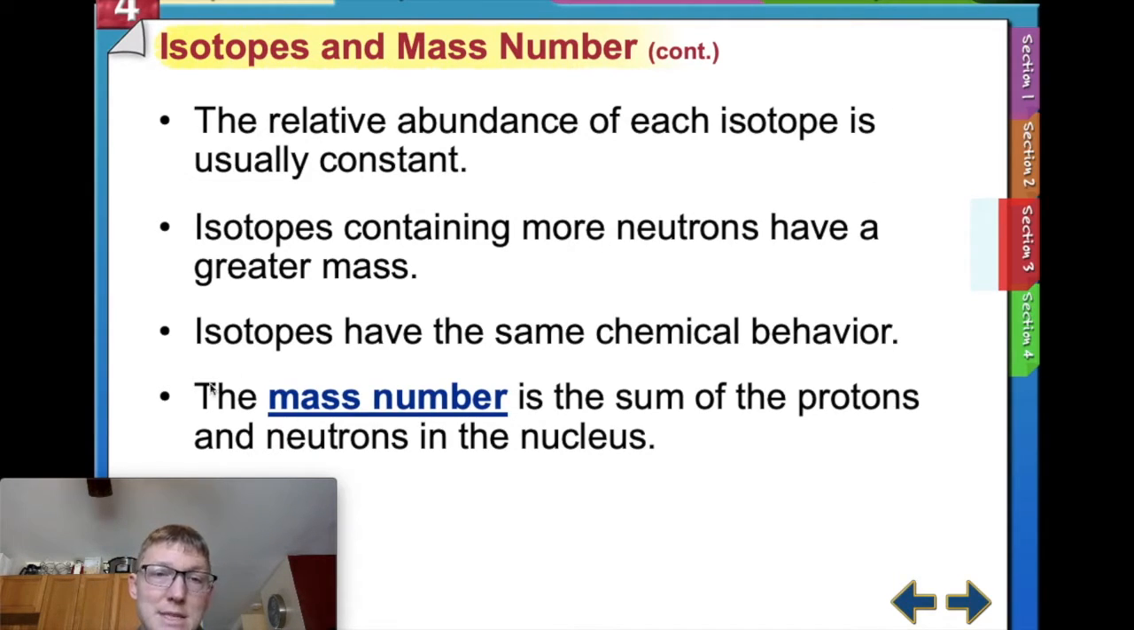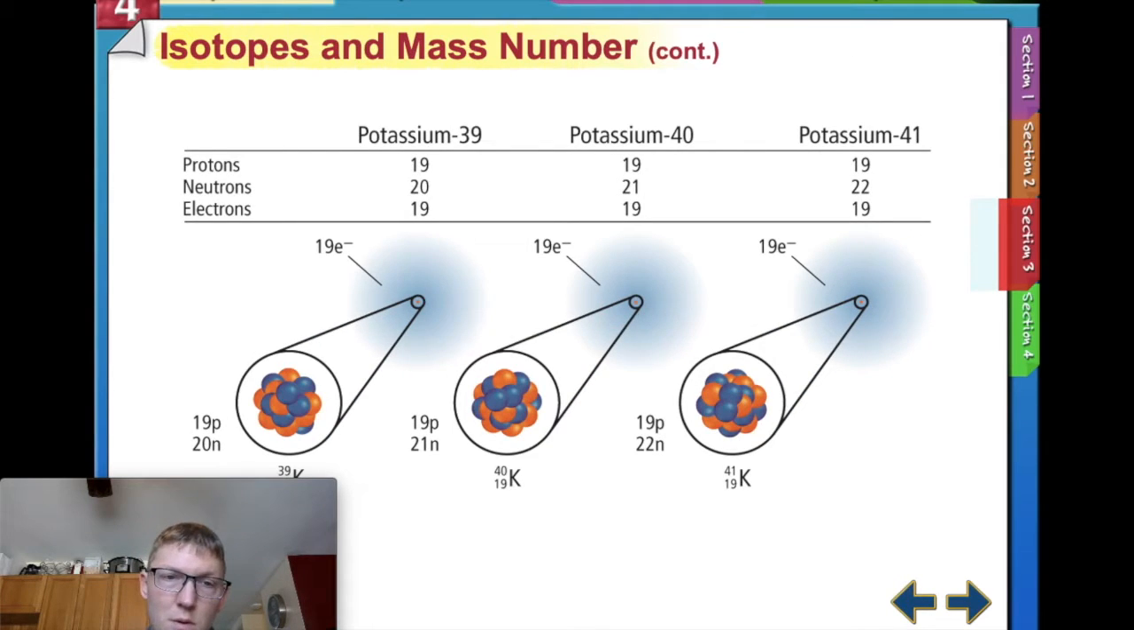So the mass number is the sum of protons and neutrons in the nucleus. This is specific to each isotope. So if you have an isotope, that isotope has a specific mass number. This is not the average atomic mass that you find in the periodic table. But this is specific to, here is a specific isotope, its mass number is blank. From that, you can then figure out the number of protons and neutrons in the nucleus. So, for example,